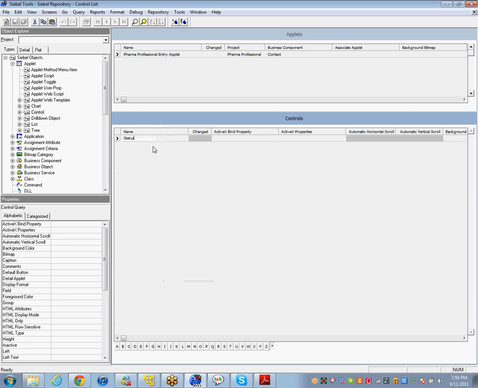Okay. Now look at some of the most important properties. This is the name, status, right? As you can see, it is mapped to the field status only. In contact BC, there is a field called status. It is mapped to that field. ठीक है ना, तो देखेंगे, बाकी और चीज देख लो आप।